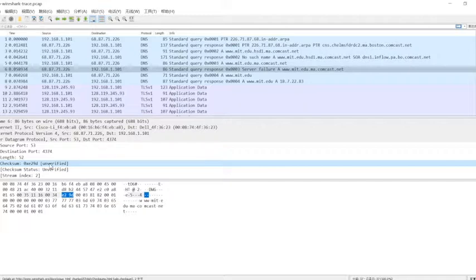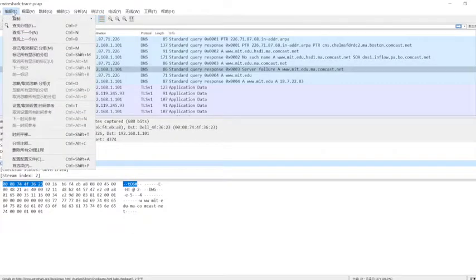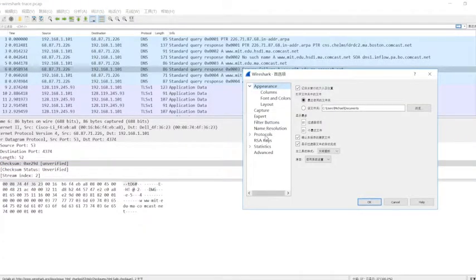barely validates the header information, but it does not encompass all of the data like what we expect with the FCS in a frame at the end of the frame. And we can see the checksum is unverified, and we can go to the edit to the preferences, and to the protocols we can find the